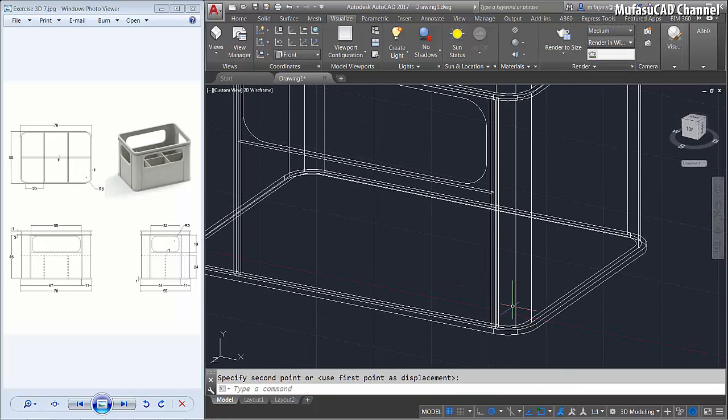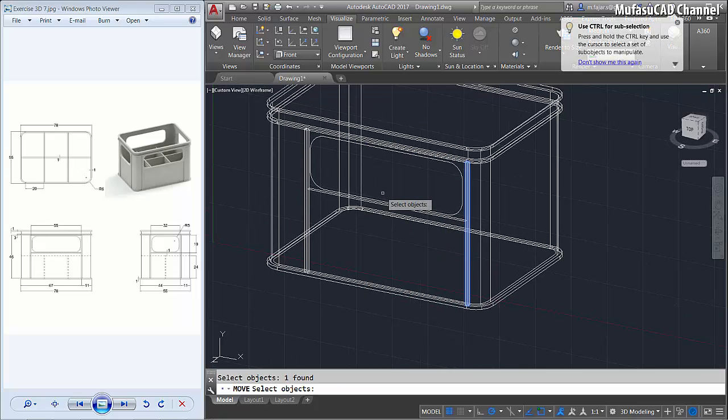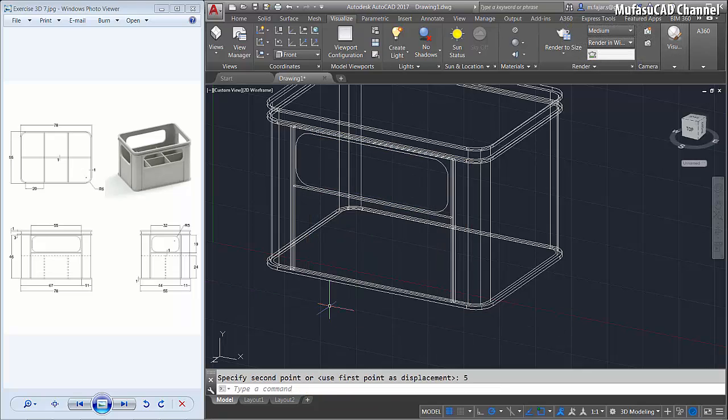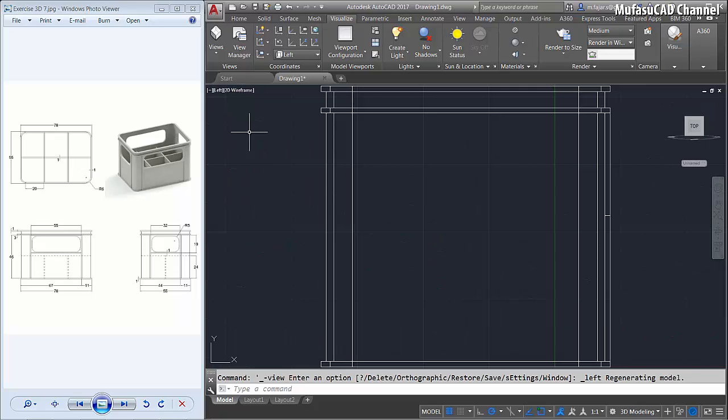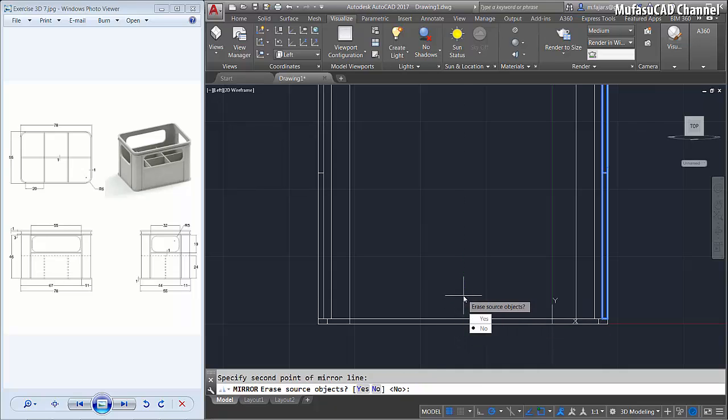Okay, and then we move again this object and this object and this object to the left here about 5. Okay, we change to the left view, and I will mirror this object from middle point here to here.